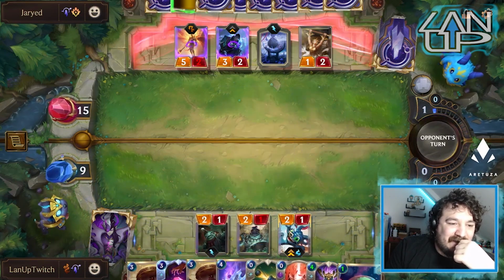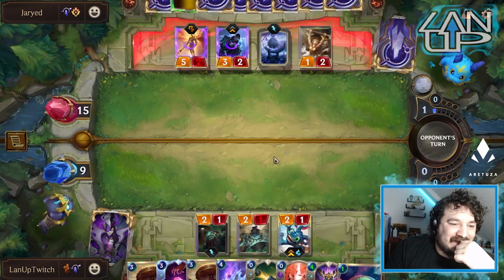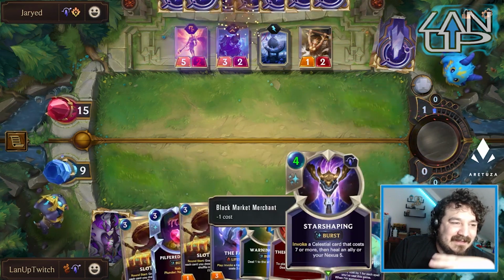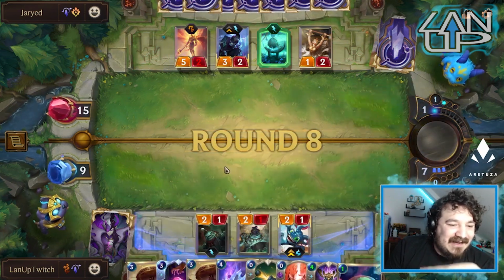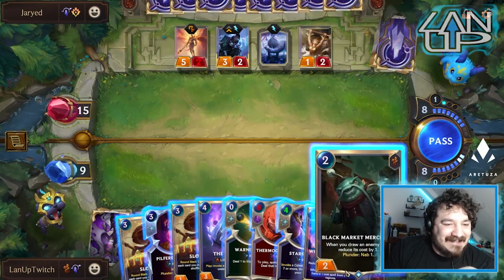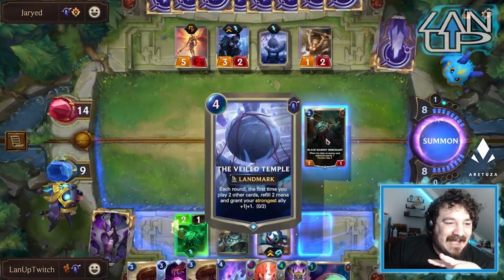So potentially, they try to target Fizz. If they do, then we just use warning shots. That's fine. But we've got elusive stuff on them. We've got healing. We are in an okay situation right now, especially considering the fact that I can get 2 of these guys on the field of play. So that is now just